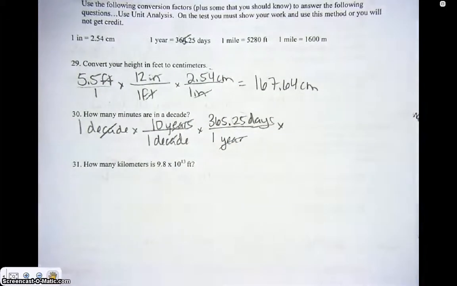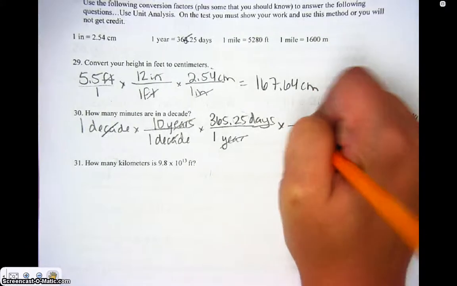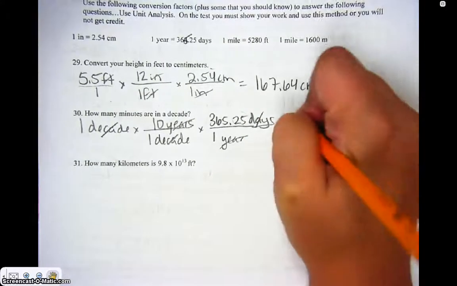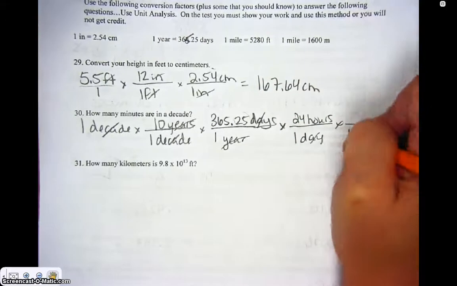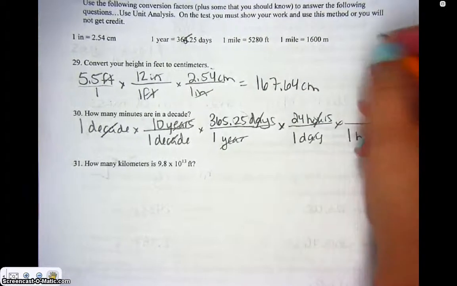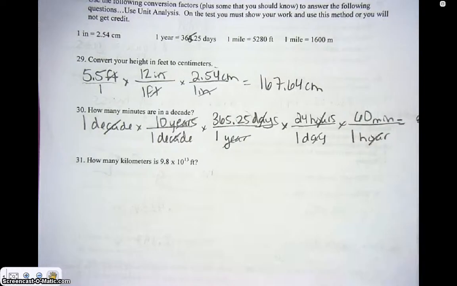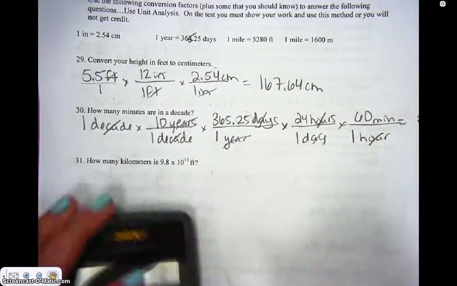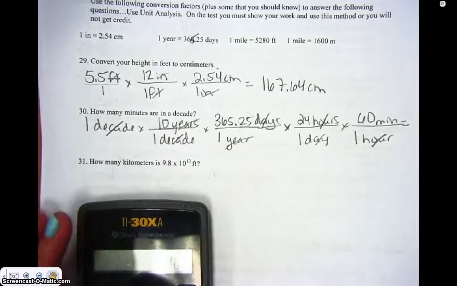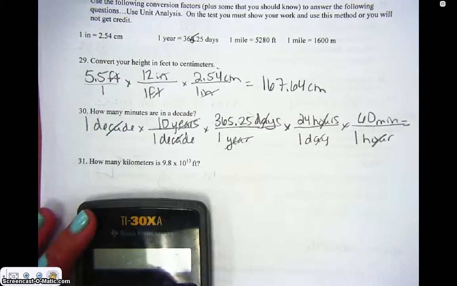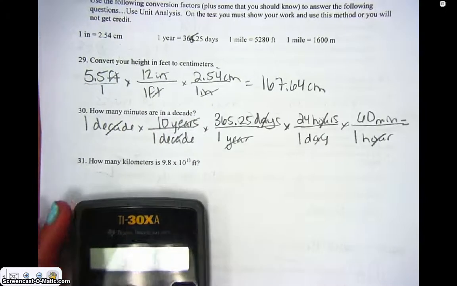And then I want to go from days to hours. So 1 day on the top to get this day to cancel. And I know that 1 day is 24 hours. And then hours to minutes. So 1 hour on the bottom is 60 minutes. Right? Then if I just punch it in again for this one, I also still have all my numbers on the top. So I just do 1 times 10 times 365.25 times 24 times 60, and I get this big number,